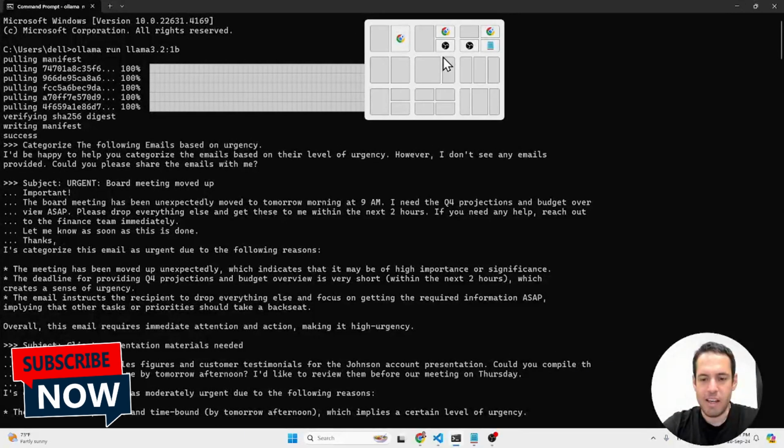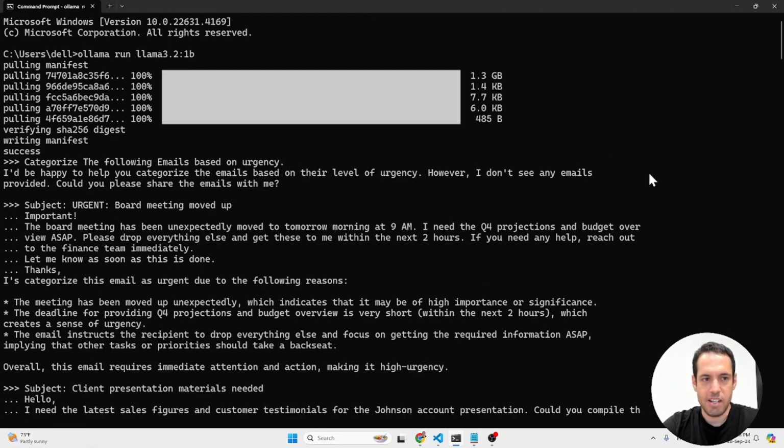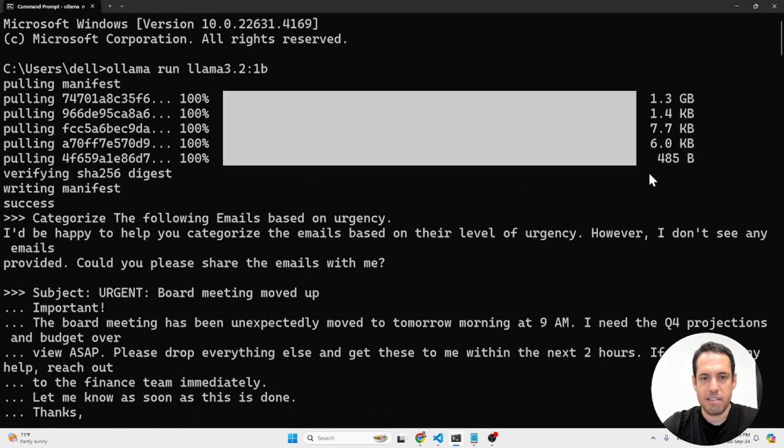I had very little expectations from this, so I just did text generations, no code writing. Remember, it is only 1 billion parameters. By the way, in the tests that I've done and the benchmarks that they share, it seems to be performing very well, but obviously these tests can be biased,